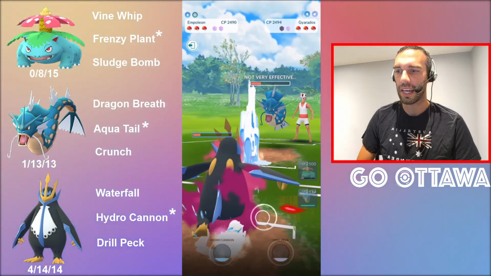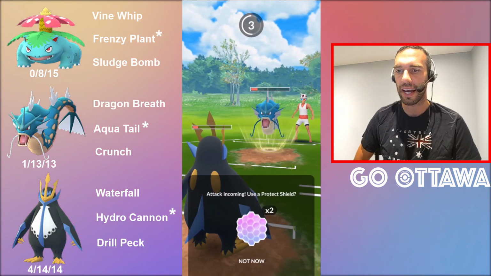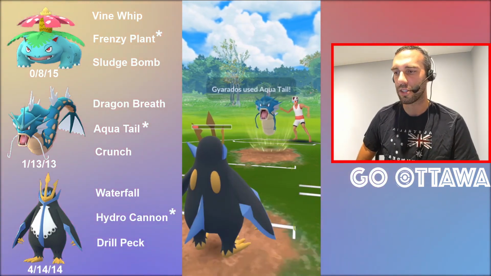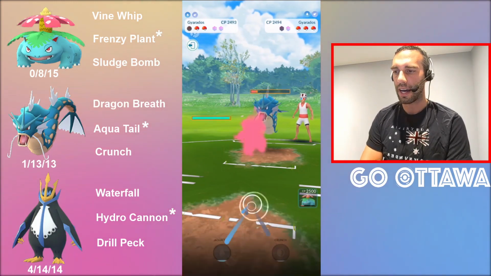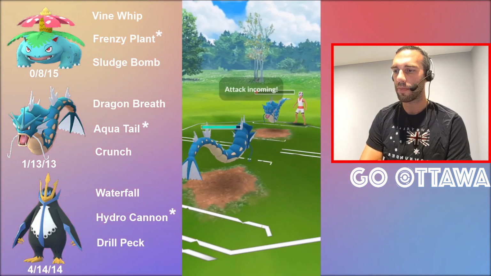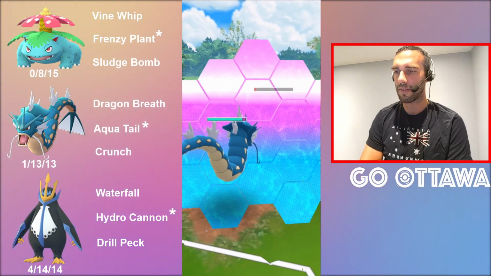You even pick up, you won't be weak to fighting anymore, which is great, but you will now be neutral to charm as opposed to resisting charms, which does come into play later here. So that's the first option if you want to run double water. If you don't want to run double water...